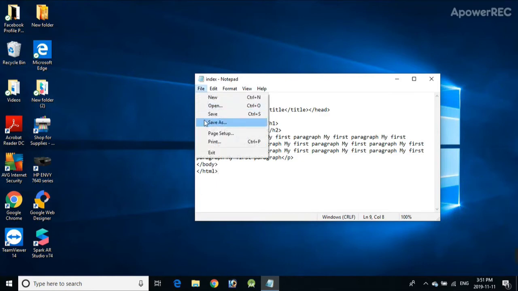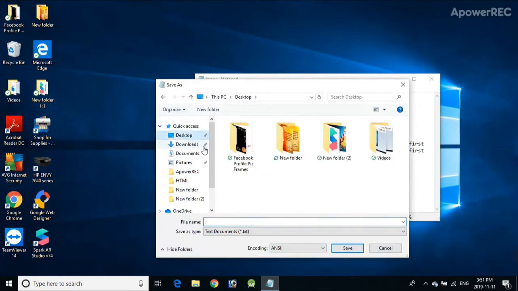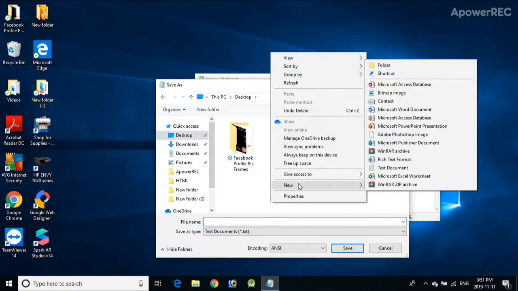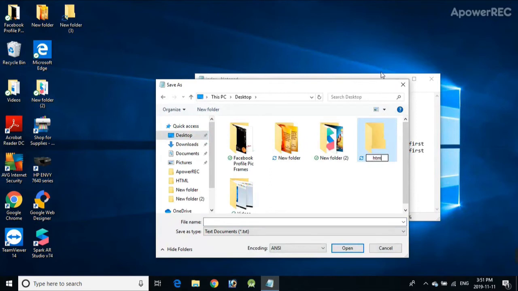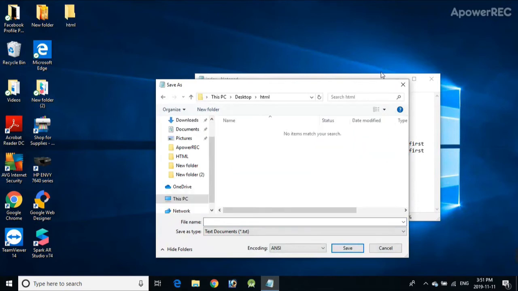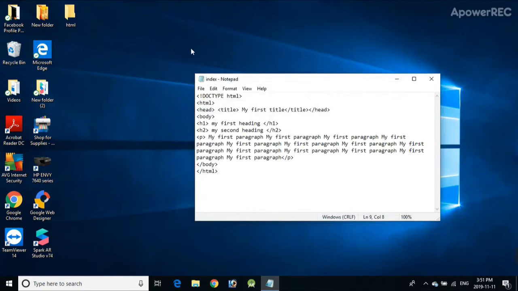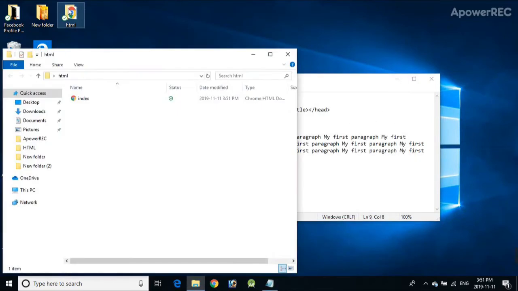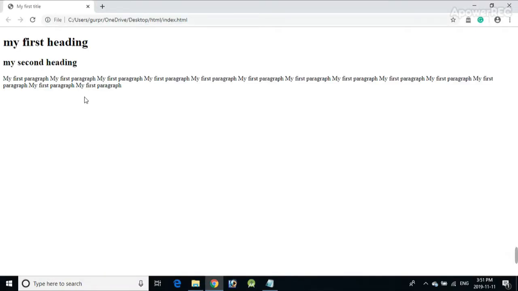Go to File, Save As, choose the destination, make a folder, write the file name, then click on Save. Now your file is available inside of the folder. Double click it. You can see that it shows my first title as a title, my first heading H1 tag,